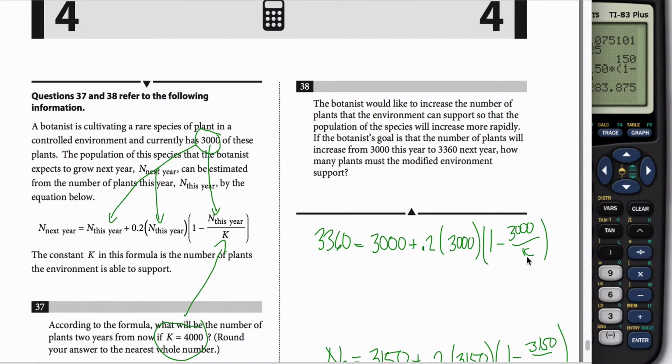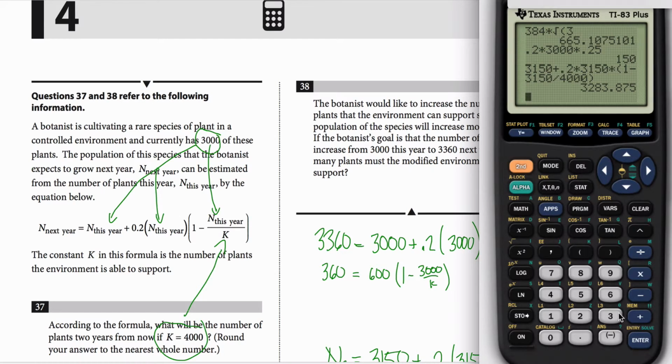Well, to get this K all by itself, maybe I'll get rid of this 3,000 first. That gives me 360 is equal to 0.2 times 3,000. I'm going to go ahead and call that the 600 that it's equal to, just to kind of clean things up. So let's just go ahead and solve this. Divide both sides by 600, probably easiest. So you get 360 divided by 600, that 0.6